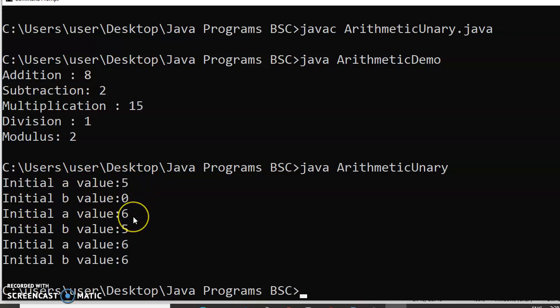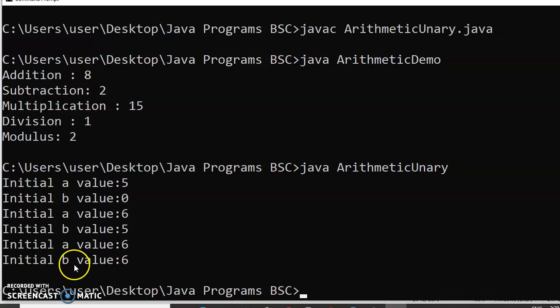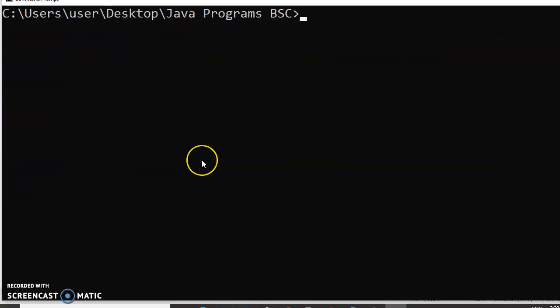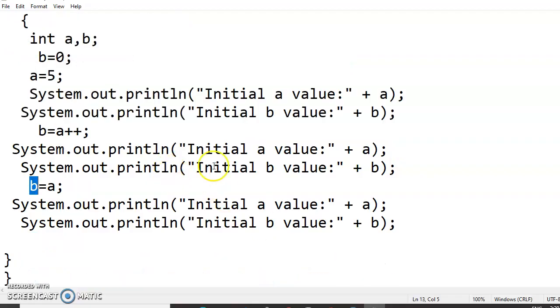The a value is 6, post increment. So the increment has changed the a value. But since you wrote b is equal to a plus plus, the a value is assigned first and after that a is incremented. Now b is equal to a, so 6 is in a and that 6 is assigned to b. So now for a and b, the answer is 6. I think you have understood this concept.